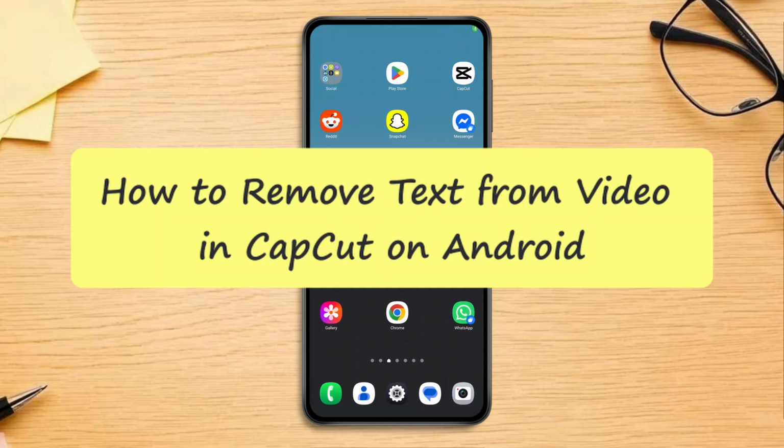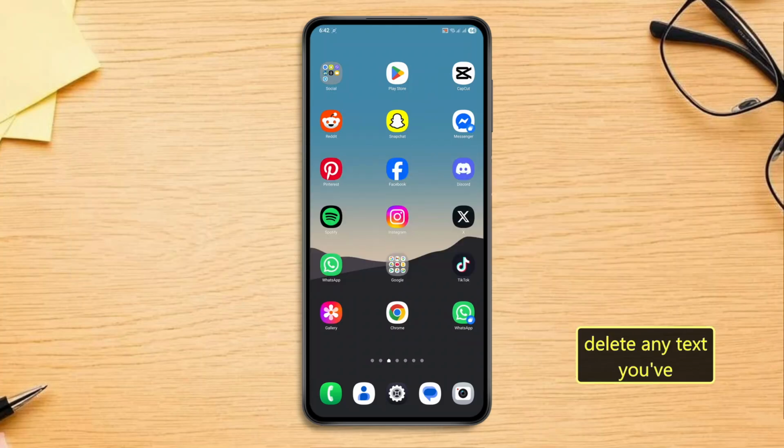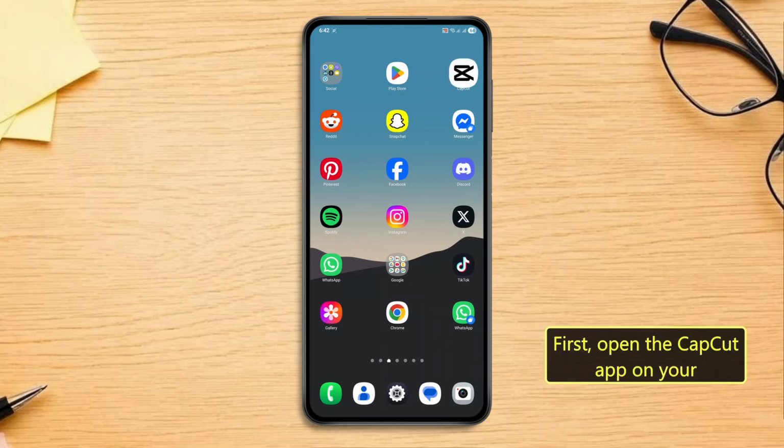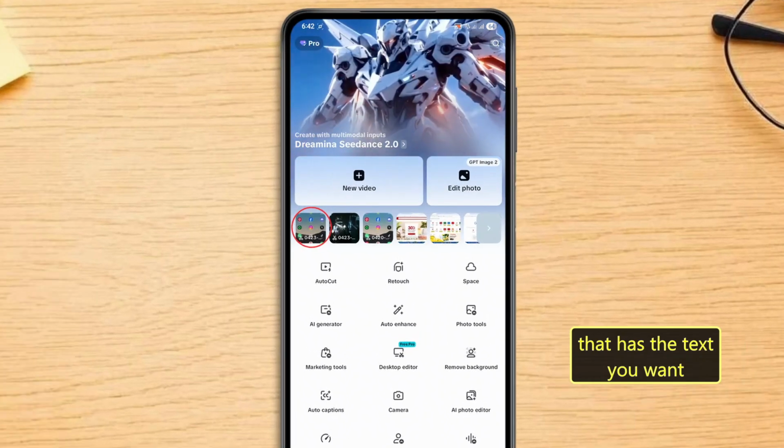How to remove text from a video in CapCut on Android. This tutorial shows you how to delete any text you've added to your project. First, open the CapCut app on your Android device and open the project that has the text you want to